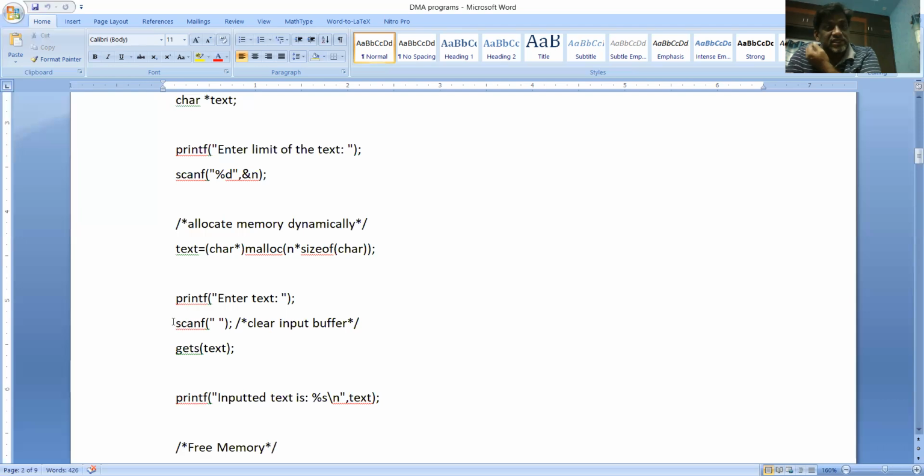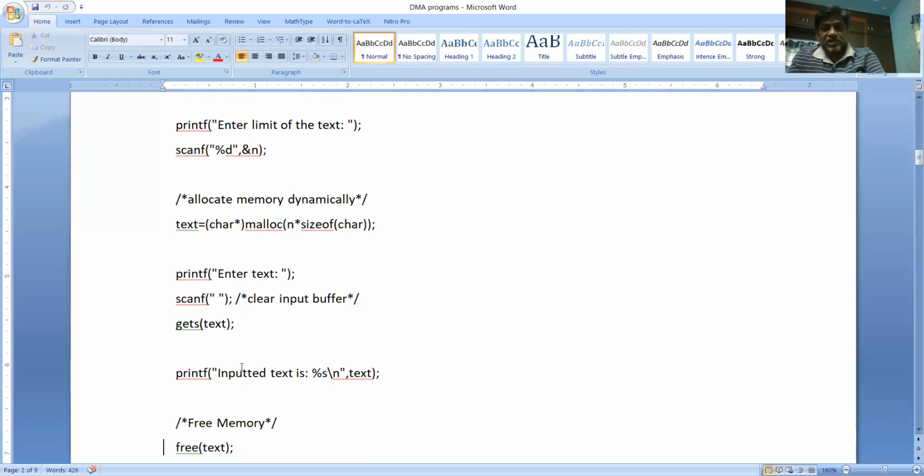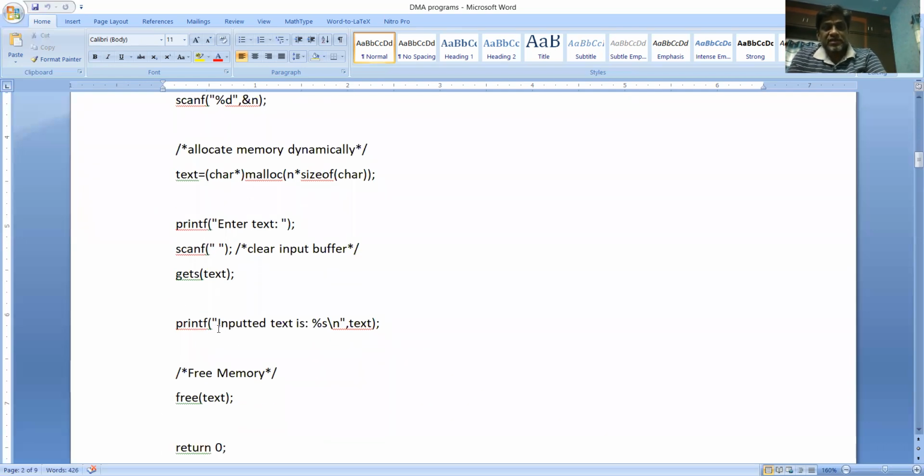We are just clearing it, and then we are calling gets with the text pointer. Okay, so the string will be copied over here. If you use gets, it can read the entire string with spaces also. Okay, then the next printf statement displays the message inputted text is %s comma text.